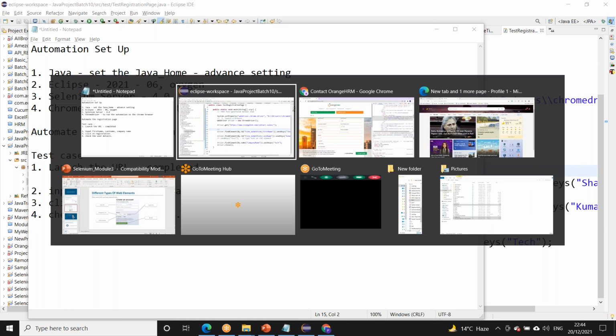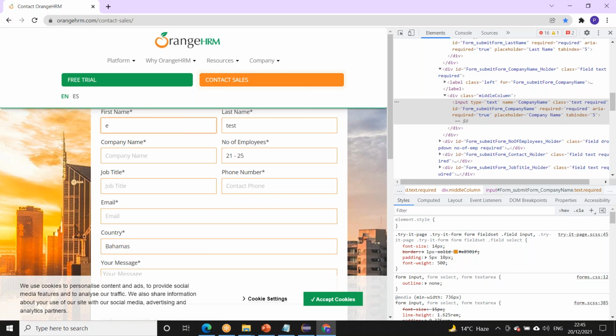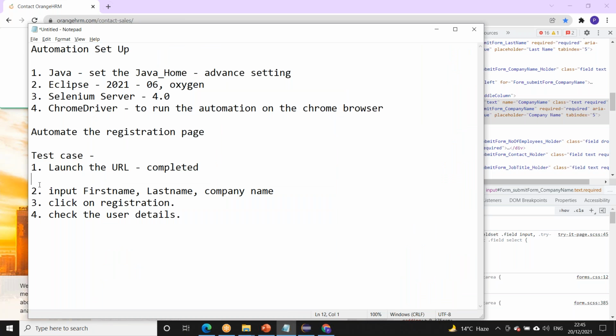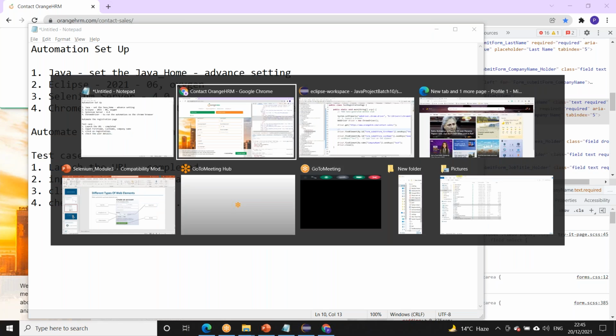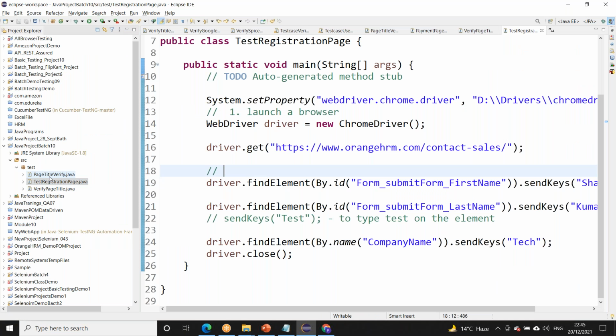This will be step 4. Page title is not a part of registration. And why do we have two page titles? Just for example, I am creating it.